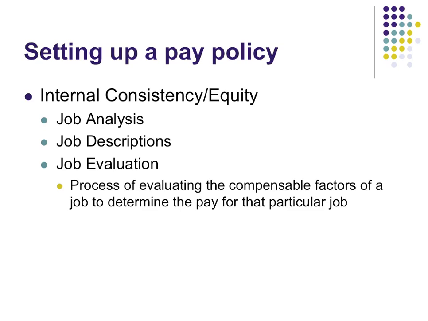In order to do that, we have to start with job analysis, of course. We want to make sure we've got our job descriptions. Then from the job descriptions, we evaluate the worth of each job, and we look at what are called the compensable factors. Those compensable factors include things like how difficult the job is, how much effort is required to do the job, how dirty the working conditions are. There's a whole lot of different things we can evaluate in terms of compensable factors. There's money attached to each compensable factor, and as those factors add up, we also have a higher cost to do a particular job.